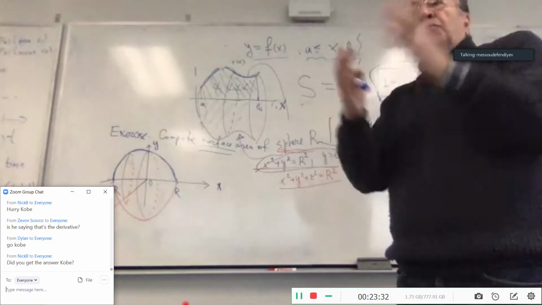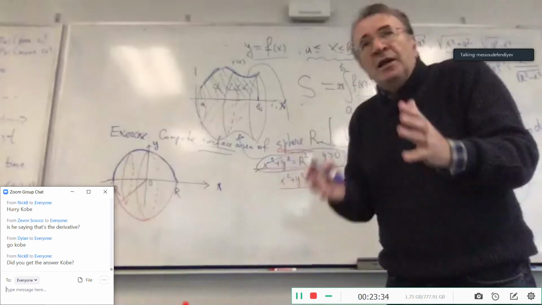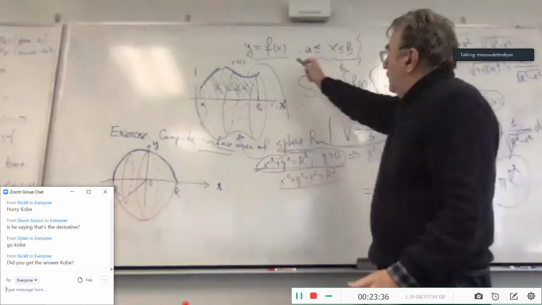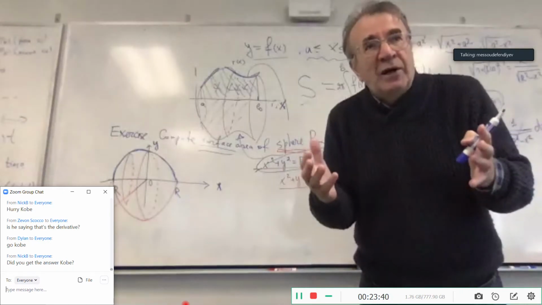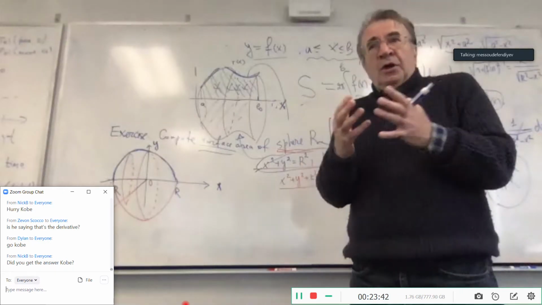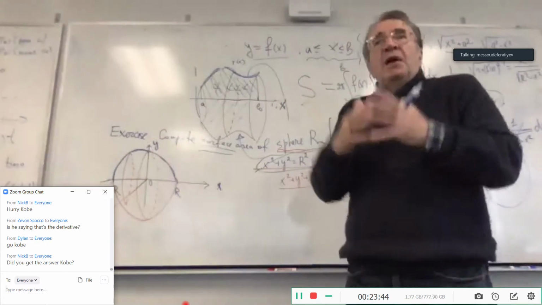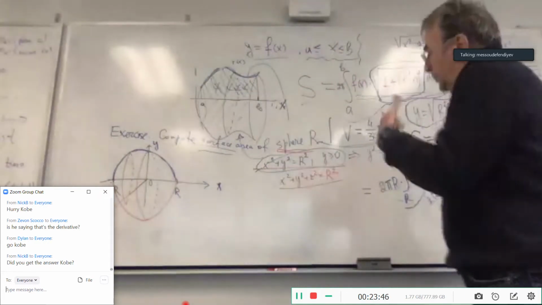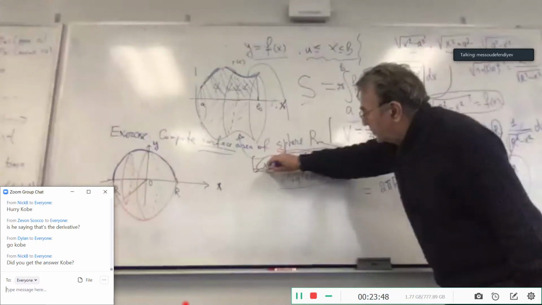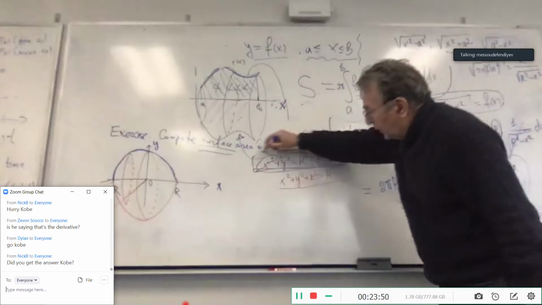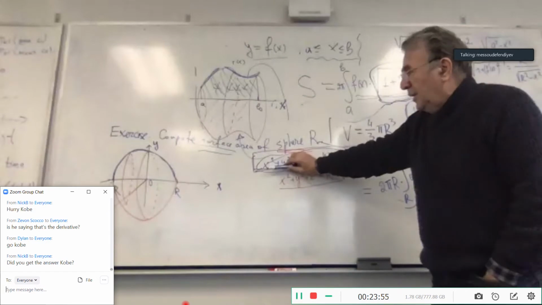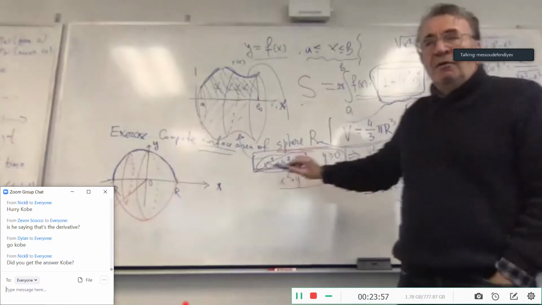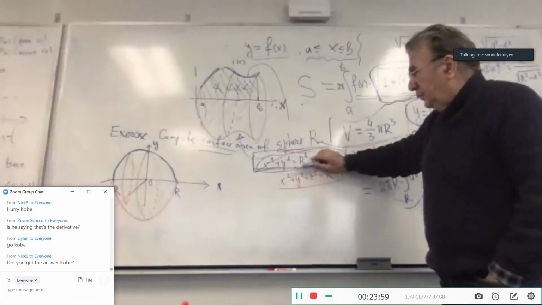If you have the function, then maybe I will not give the function. So if I am saying semicircle, that means this is the semicircle, right? Even if in the exercises the function is not given,